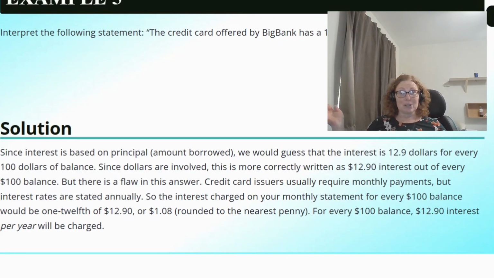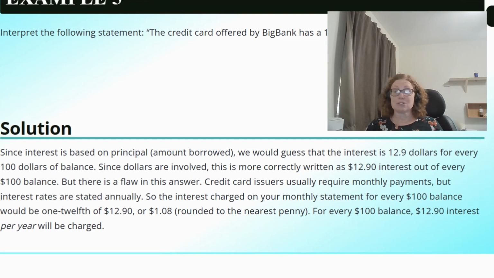Although for every $100 balance, $12.90 per year would be charged, you couldn't figure that out based on your statement for the month, because it wouldn't be 12.9%